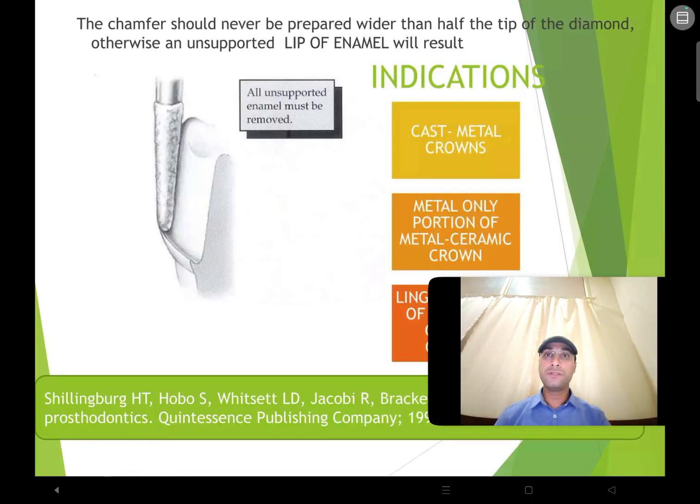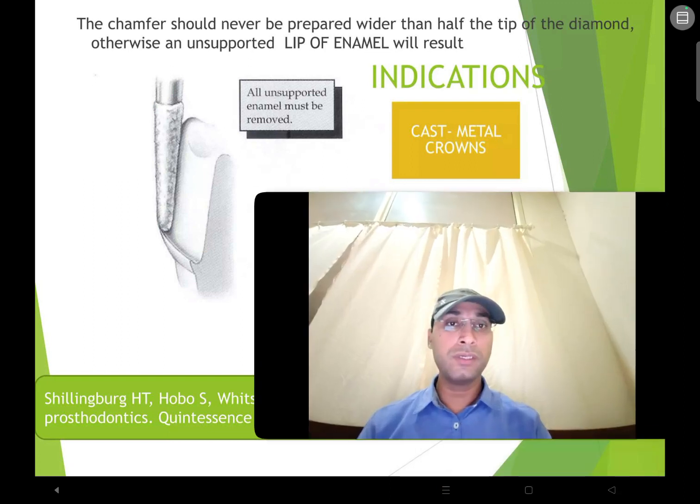Now the chamfer should never be prepared wider than half the tip of the diamond, as I was explaining. Otherwise, an unsupported lip of enamel is going to be the result, as you can see over here. Then you have to remove all unsupported enamel, and you might end up with an over-prepared tooth. Okay. For the indication,